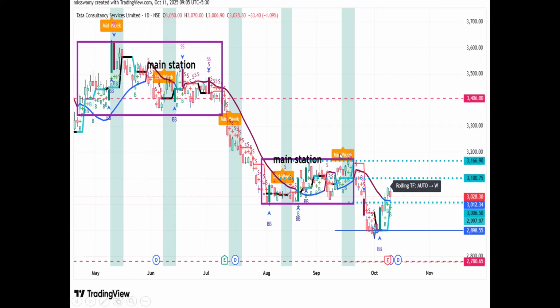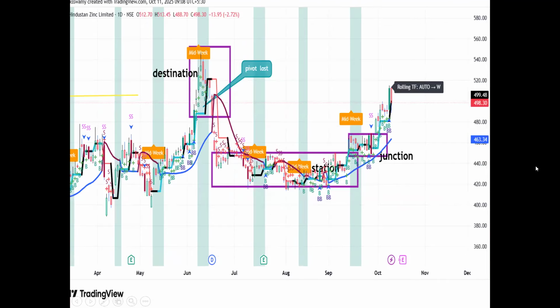If this stock has to change its direction, it has to cross this midweek of the month. Then confidently it can go, and you can get a target where the price can move to 3,400. So you are not making any decision in this stock for buying. It may be a swing trade in a downward journey or simple intraday trades. For example, I think this is the stock which I mentioned in my earlier videos, Hindustan Zinc.